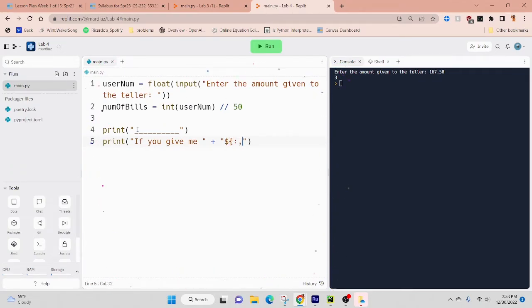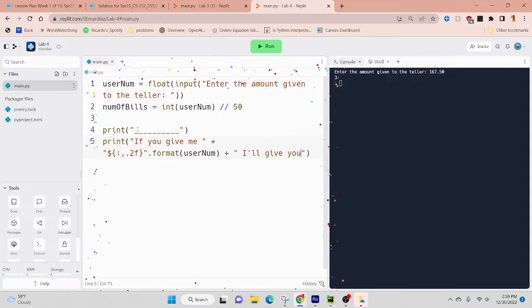And again, it is persnickety. Practice is going to make perfect on this one. Or practice makes better, right? Okay. And we're going to format usernum. Okay, so this will give us the format of currency. All right. Plus, I'll give you